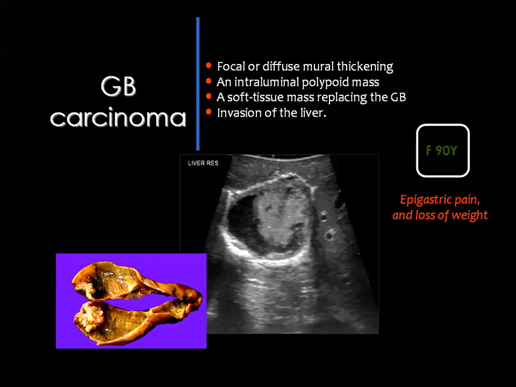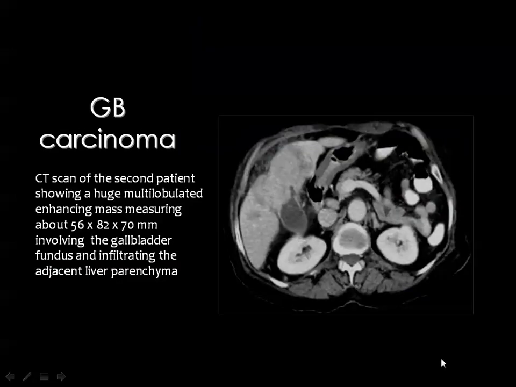And carcinoma of the gallbladder is a malignant mass inside the gallbladder. The mass is usually above 1 centimeter in diameter, and the wall adjacent to the mass is usually thickened. And many times, the gallbladder carcinoma can invade the adjacent liver parenchyma. And this is an example. You see, this is the gallbladder, and there is a mass in the fundus that has infiltrated the adjacent liver